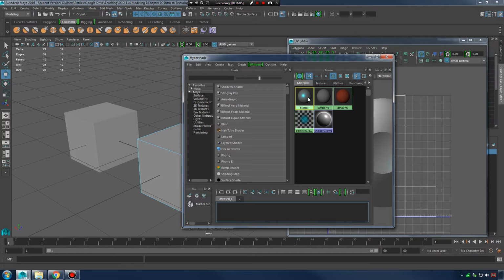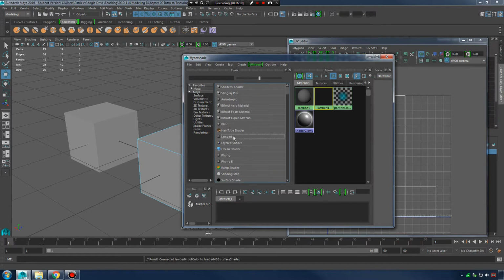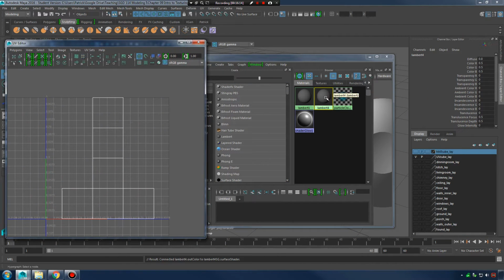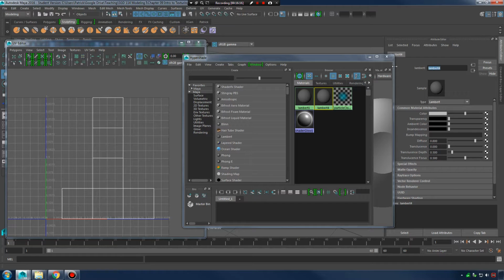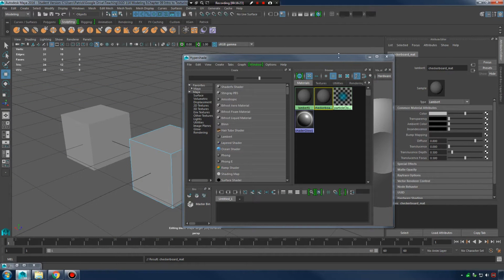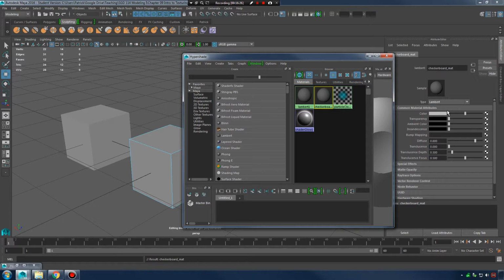Okay, I'm going to get rid of these two example materials I made. I'm going to make a brand new Lambert. I'll move my UV editor over here. I'm going to double click this new Lambert, and I'm going to call this checkerboard matte inside of my attribute editor. Okay, with this checkerboard material now made, I can go into its color attribute,